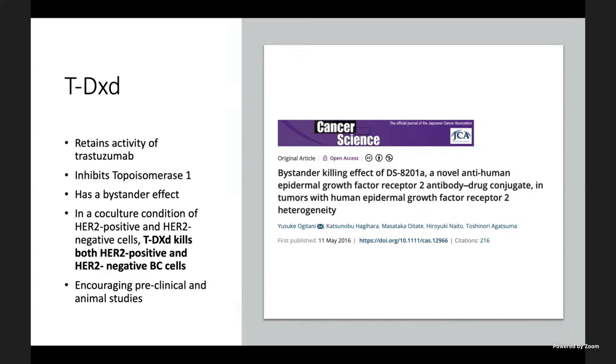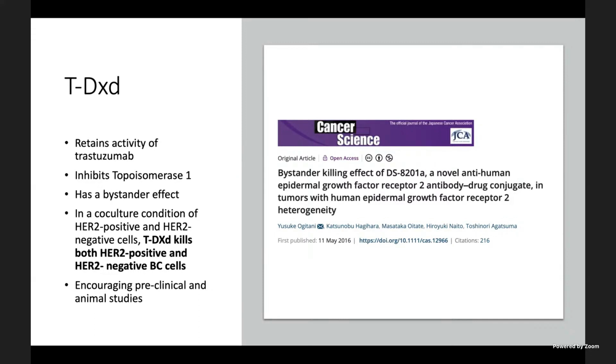So you just require this molecule to reach the cancer cells which have got HER2 on them. Whether they have it homogeneously, whether it is HER2 3 plus, 2 plus, or 1 plus, once it reaches there, it gets cleaved, and because of the bystander effect, you are likely to get the